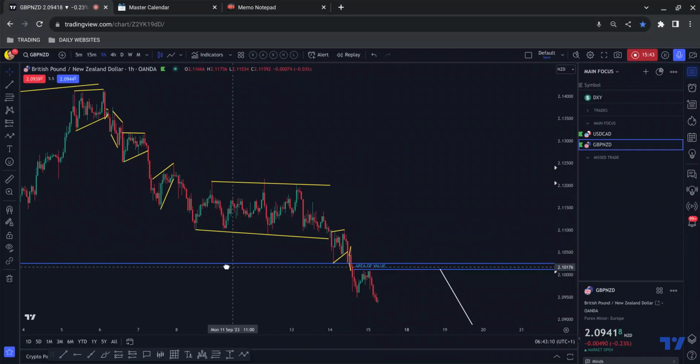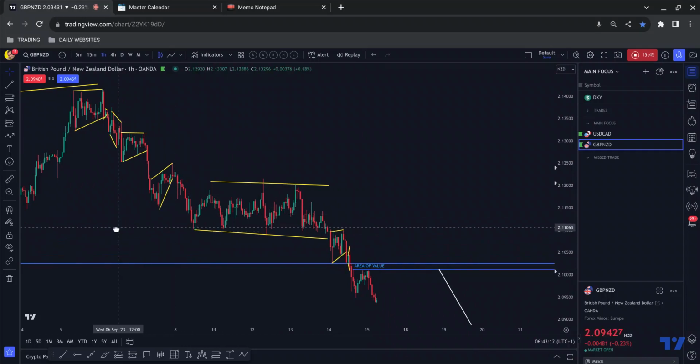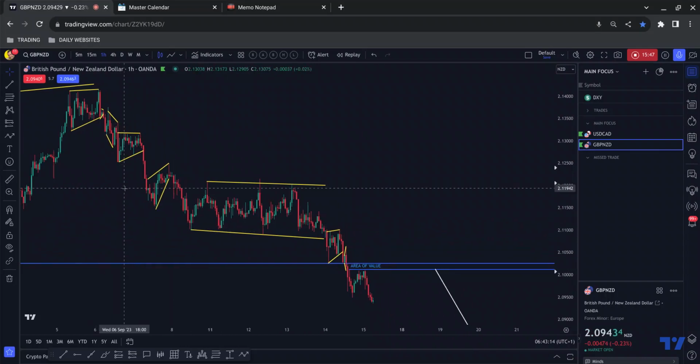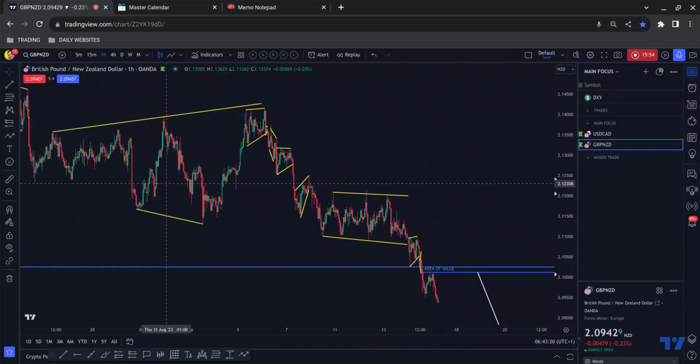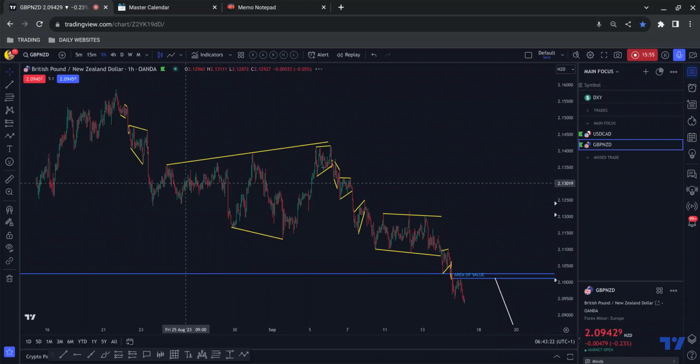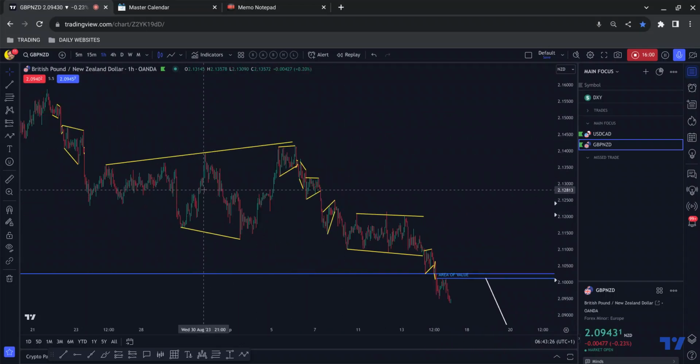Okay. So the next thing I'm asking myself is where my area of value is, and is this a low risk entry? Okay, so the sequence looks very, very good. We did start off with this slightly excessive large correction, but sometimes that happens, particularly on pairs such as pound kiwi, which can typically correct for longer.